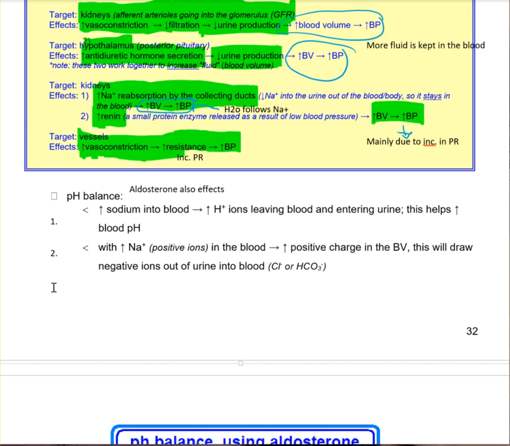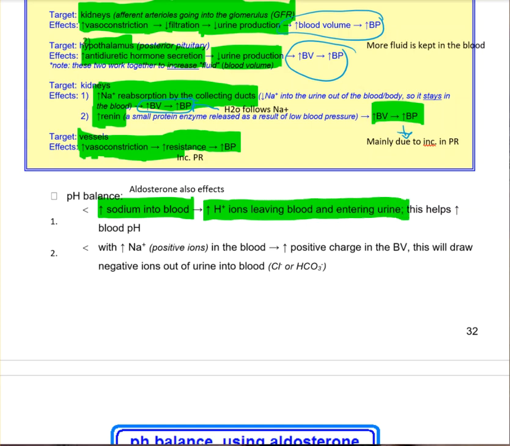remember in 232 we talked about balancing charge when we were with our chloride shift. Remember, if we were making bicarb and we were making a negatively charged ion, we needed to swap it with a chloride so there wouldn't be charge across membranes. A similar thing happens with aldosterone. So if sodium is coming back into the blood, right, we're putting in a lot of positively charged ions. And so what we can do is swap them with other positively charged ions and make them go out into the urine. So if the sodium goes into the blood, we can have hydrogen protons leave the blood